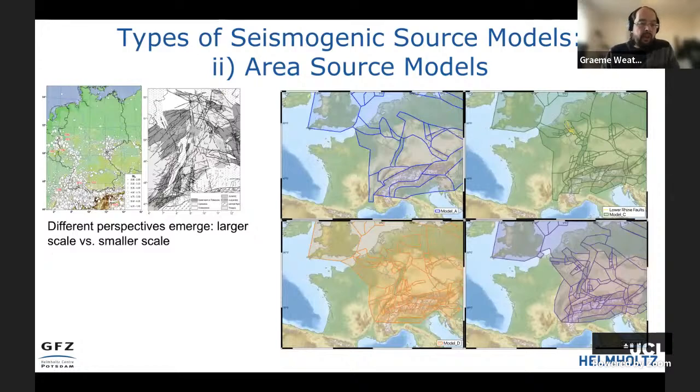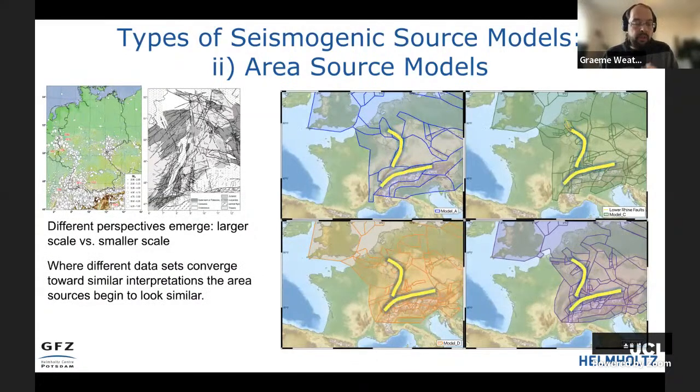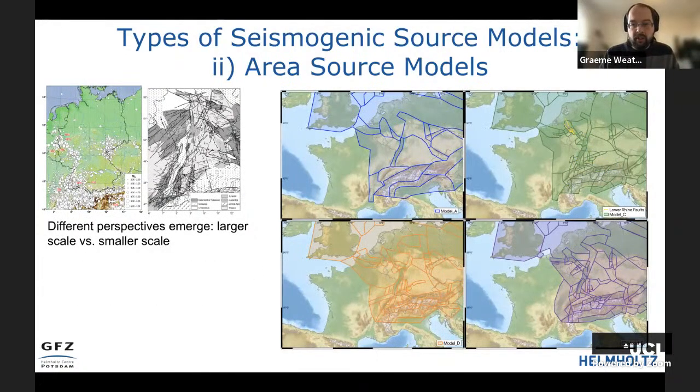And different perspectives emerge, where some analysts would prefer to go for larger scale zones, so they're not trying to model necessarily every single feature, or they may assume that seismicity is more uniform within a tectonic unit, or you might find experts referring to smaller scale zones, so ones where we really try and capture small scale variation in seismicity. What's important about this is, so we see, for example, on the slides on the left,